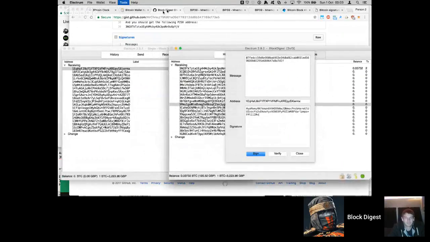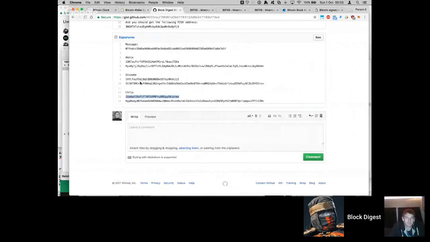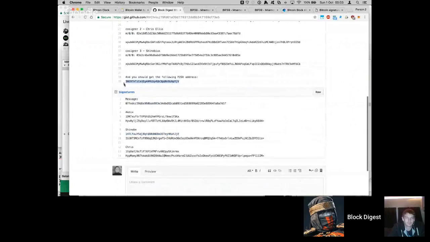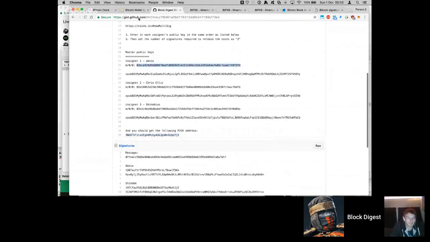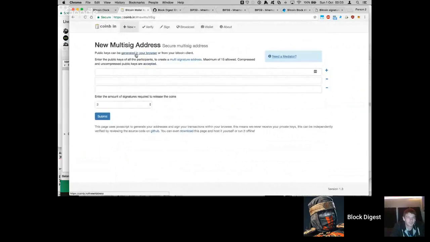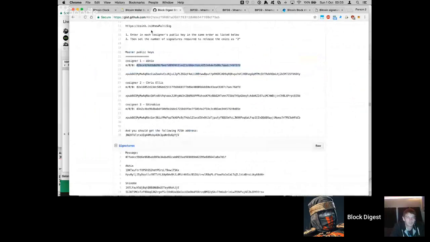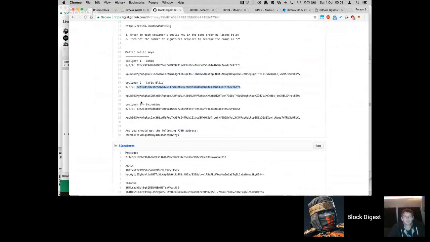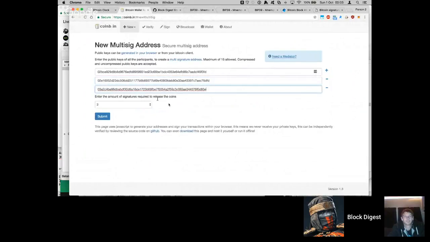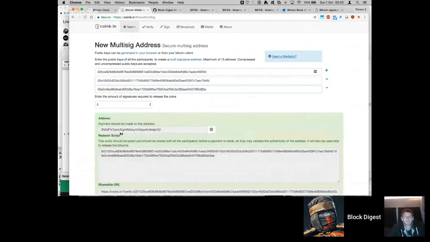Okay, and again, just a reminder that you can recreate our public key here with the information, the one starting 3NG9 and ending in YJV. You can do that by taking the raw public keys, going to a website like Coinbin, or actually you can use any good client software, take the public keys of each of us, and very important that you do this in order, because we're co-signers 1, 2, and 3 respectively, and the order does matter to the address that you will end up with at the end. And then just paste it in, click submit, and it will give you the same public key beginning 3NG9